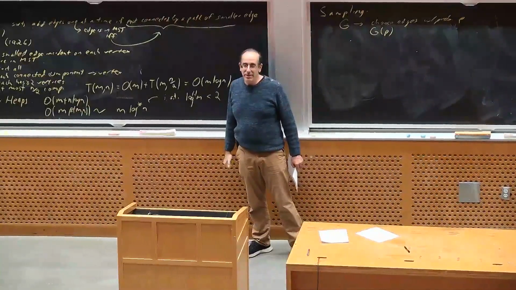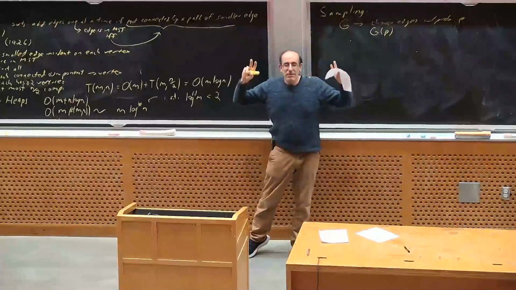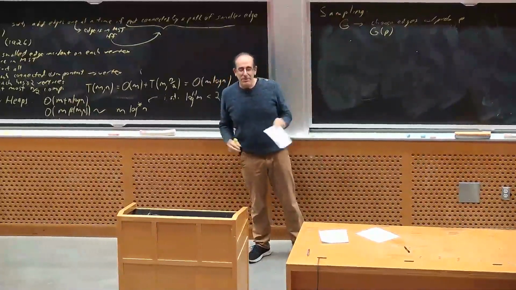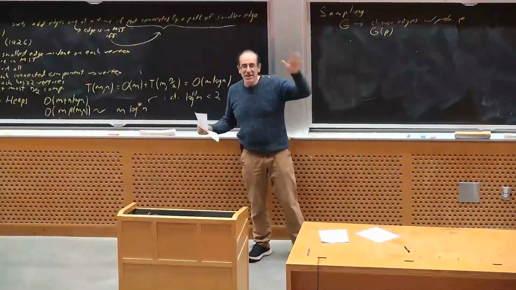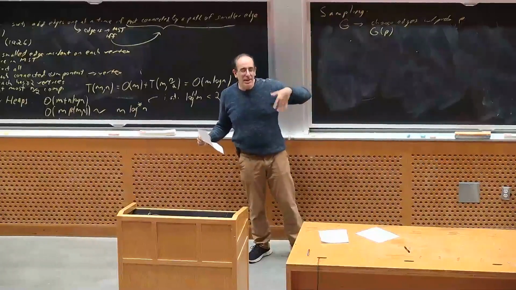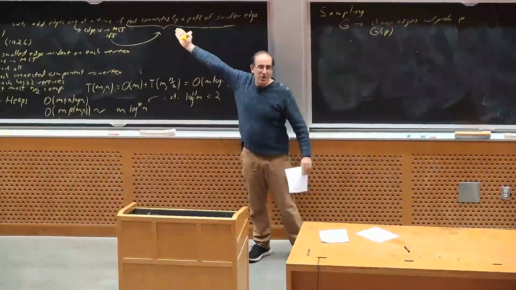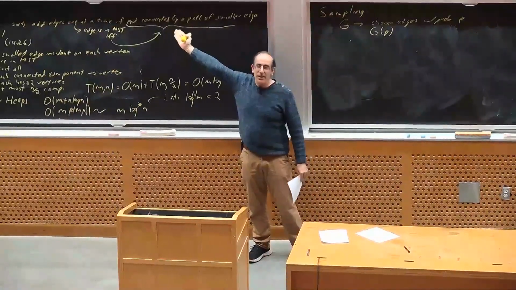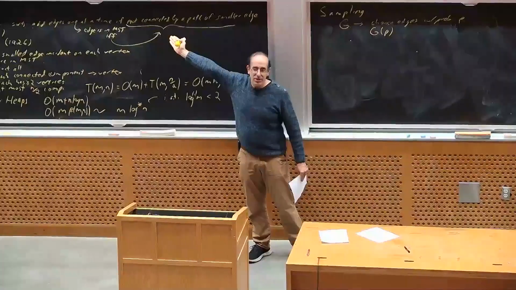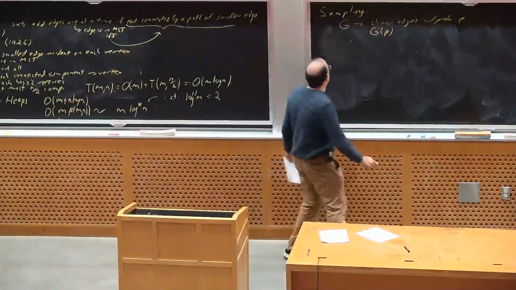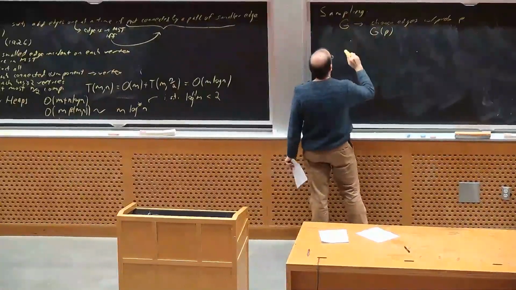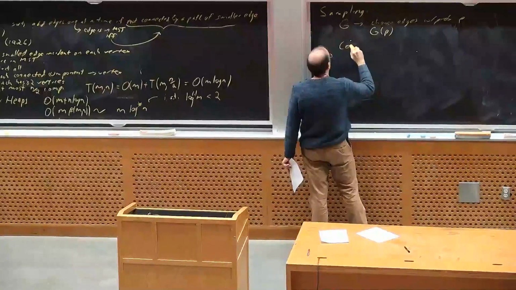And in a sense, if the edge is very much not in the minimum spanning tree, if it has tons and tons of light paths connecting its endpoints, then we would hope that our sample picks one of those paths and knocks out that edge from consideration. So that suggests that what we now do is construct